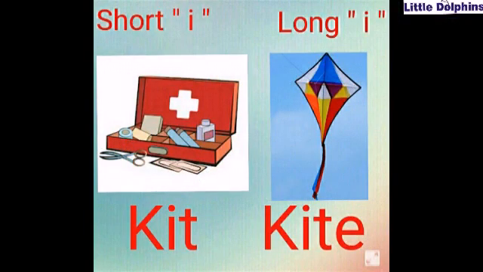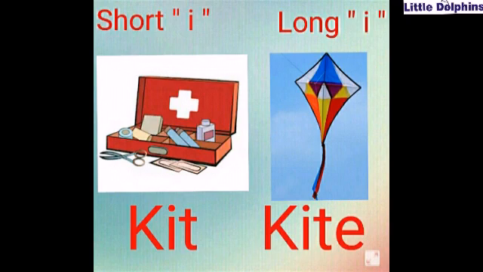Kids, in this first spelling K-I-T, there is short sound of vowel I, that is E. K-I-T, kit. This is kit. But in the second spelling